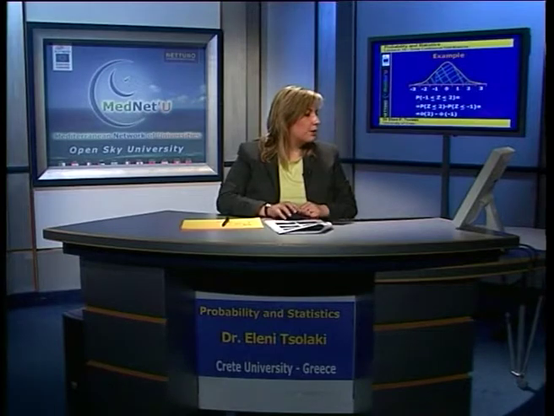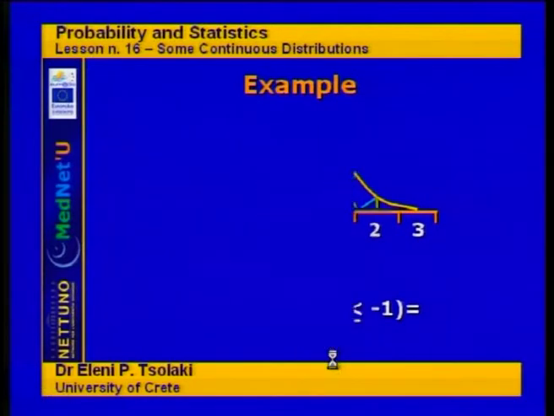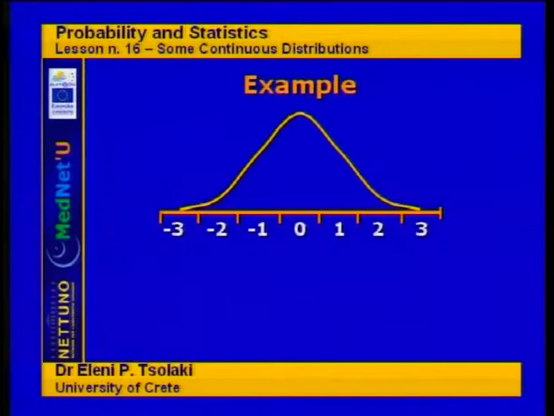So, as we see here, this is the cumulative distribution function up to 2, so it's phi of 2 minus phi of minus 1. Now from the tables of the standard normal distribution, we can find the value of the cumulative distribution at point 2, which is